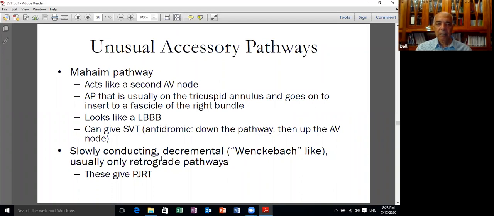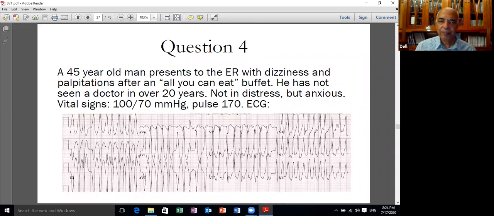And this accessory pathway is located, as I mentioned before, in the posterior septum, going from the left ventricle to the left atrium, and it produces permanent junctional reciprocating tachycardia, down the AV node, and then activating the ventricle and upward through this retrogradely, slowly conducting decremental pathway. And as I said to you, this is not a rapid tachycardia. It decays with time, but it persists enough to produce cardiomyopathy. And if you don't detect it, you cannot treat the situation.